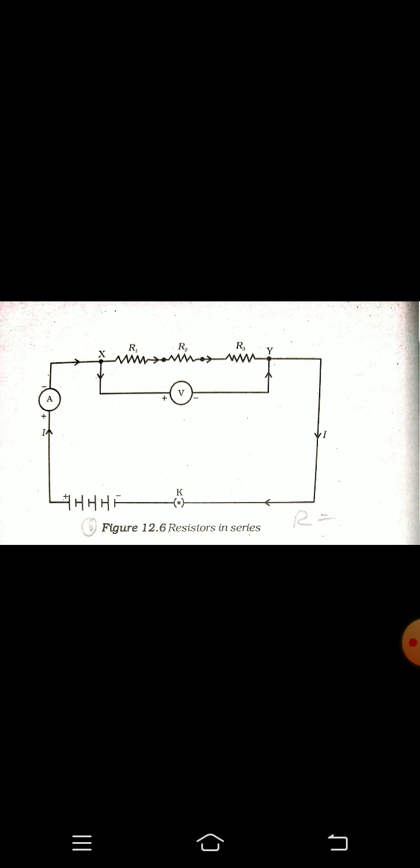Here we have used a series combination of resistors, right? So for this particular connection, which connection? Series connection. A series connection of resistors gives us the same current irrespective of position. Okay, so this you have to remember. In a series combination of resistors, the electric current flowing through the circuit is the same at every part of the electric circuit. So this you need to remember.